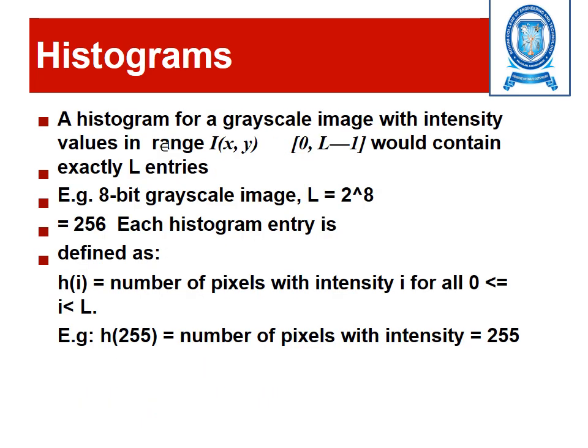For the histogram, first we have to take an image and note down the grayscale of that particular image. The range of the histogram can vary from 0 to L minus 1, and each 8-bit gray level is noted. We calculate it using the formula L is equal to 2 power n, where n is the number of gray levels in an image. Here, for example, I have taken n as 8, so 2 power 8 is 256.